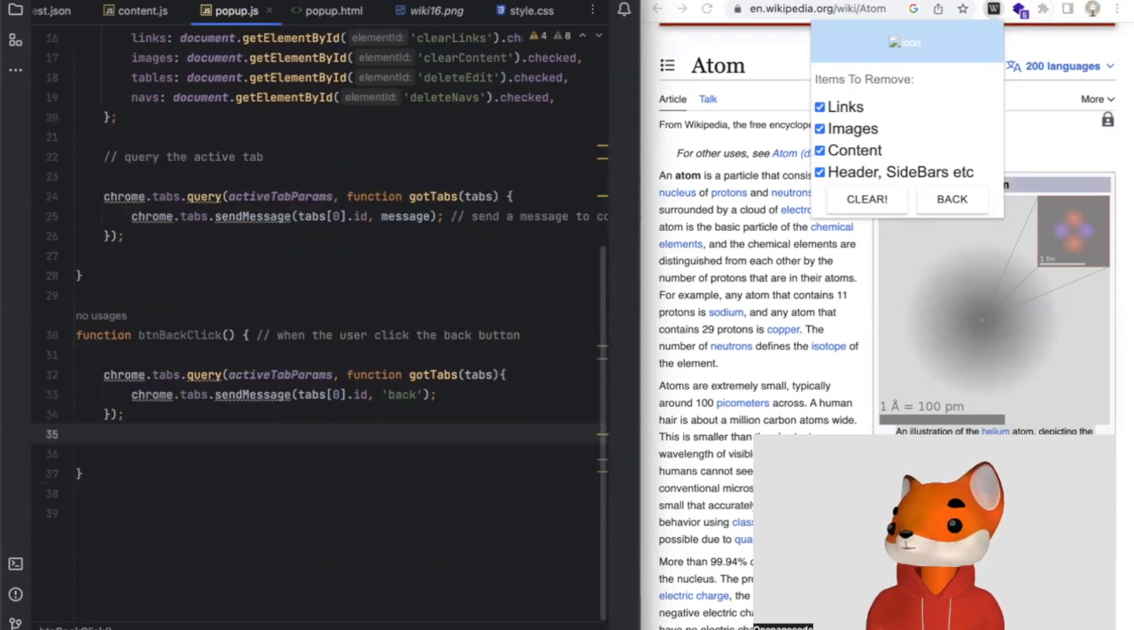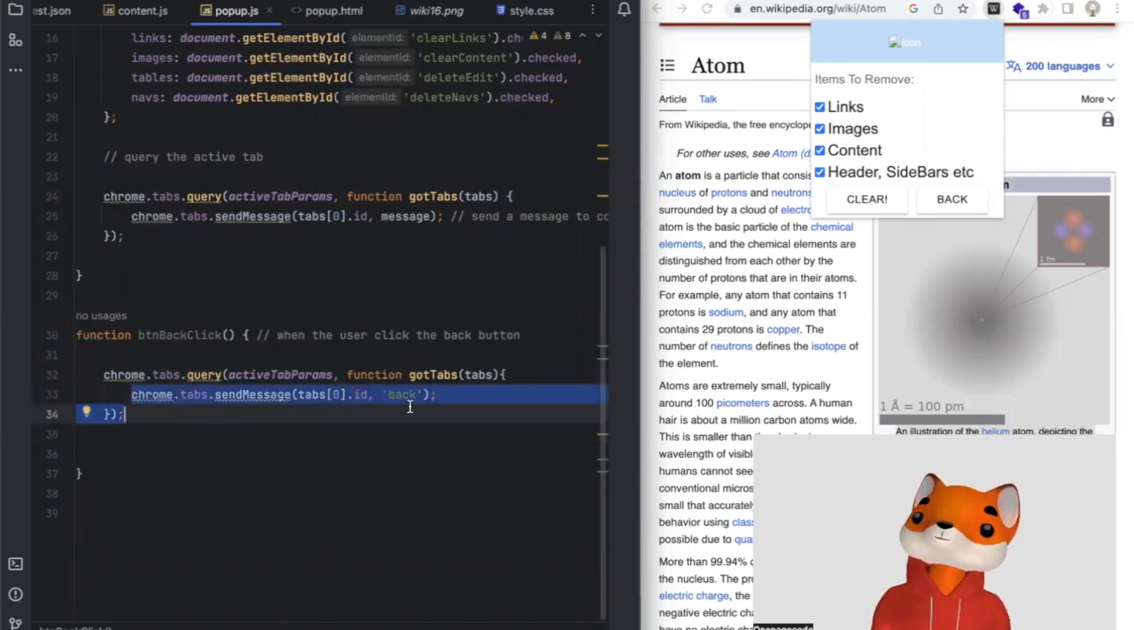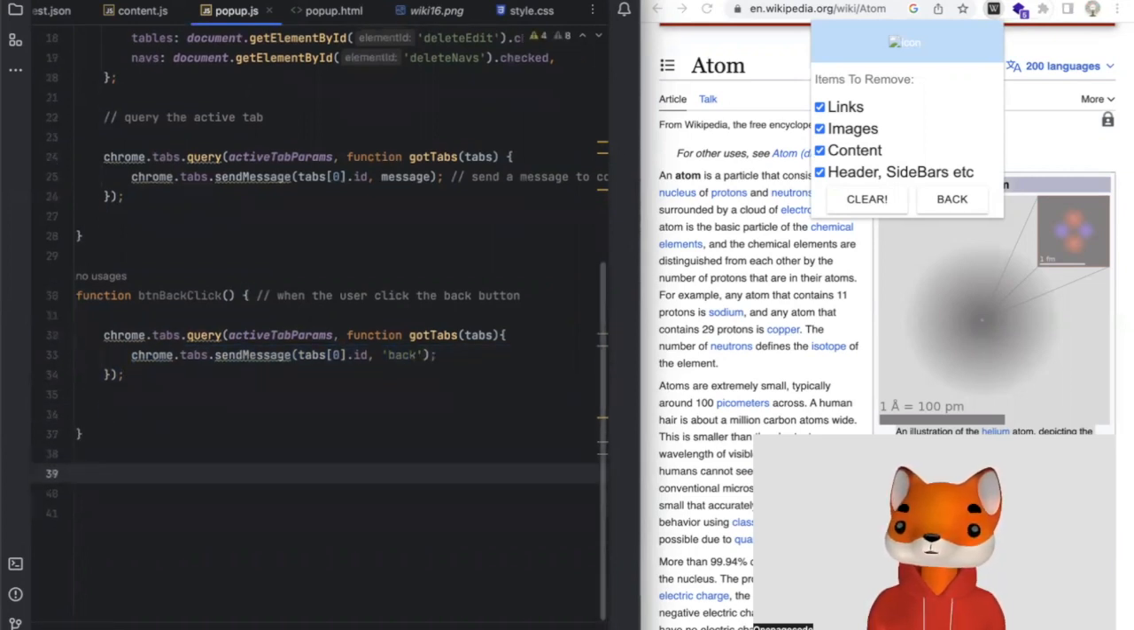So the function btnBackClick calls the chrome.tabs.query method, which will give us the active tab. The callback function gotTabs is called with the active tab as a parameter. The function gotTabs calls the chrome.tabs.sendMessage method to send the message back to the active tab. And that's it. Now we need to add just two more things, and that is to clear the screen,